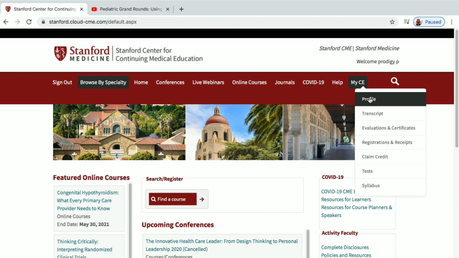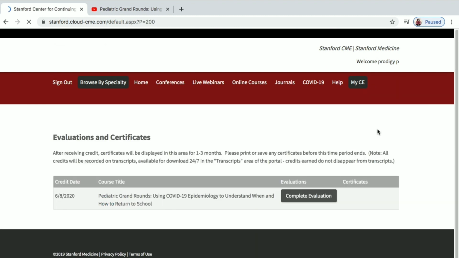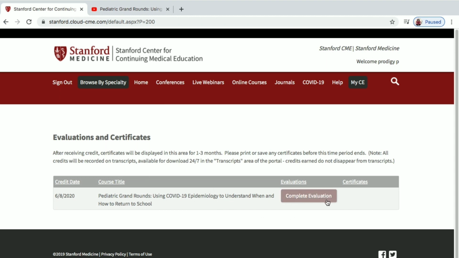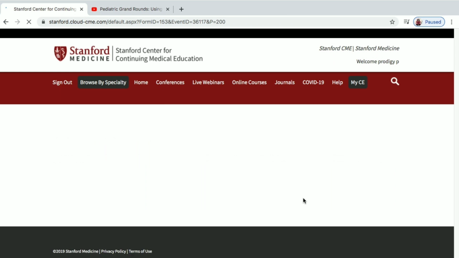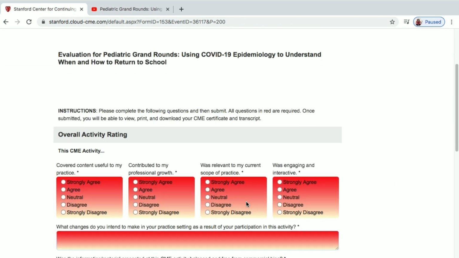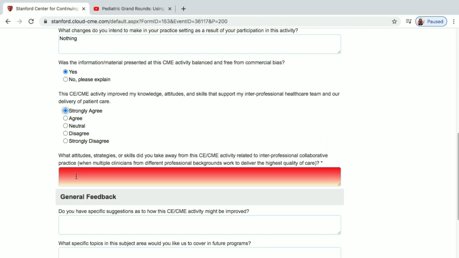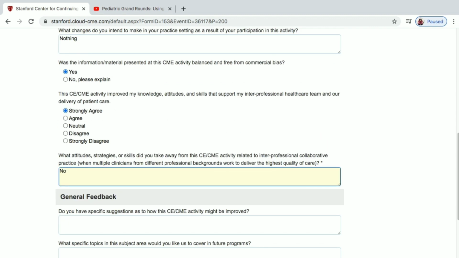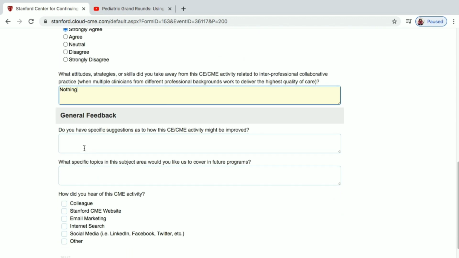Just click on My CE again and go to evaluation and certificates. You can see here complete evaluation, so the evaluation is still pending. Click on complete evaluation and you will come here. This is just a post-course survey, like what things you learned and how it was.